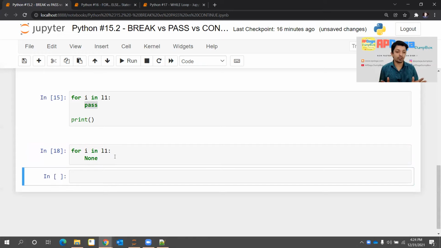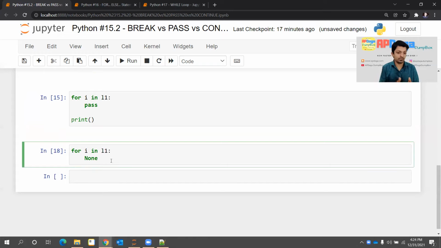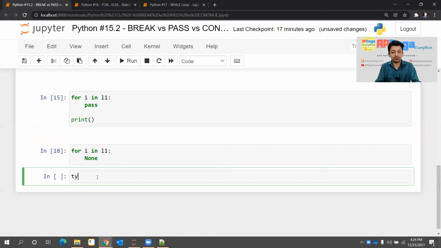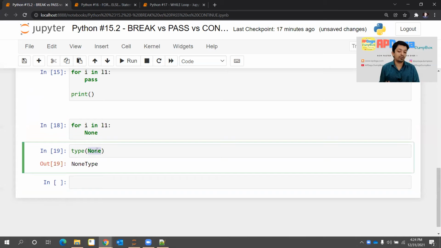So pass and None you can use as a placeholder. Pass is specially typically a placeholder. None is a data type, but right now I'm just using that None data type, the null value, as a placeholder here. You can check any data type using the type function. So if I pass None, it will give me NoneType. It is the data type of None.